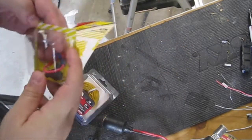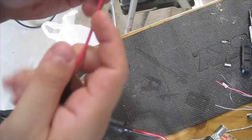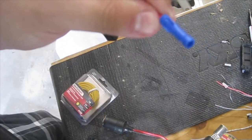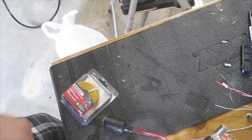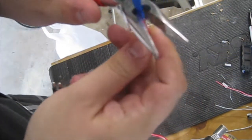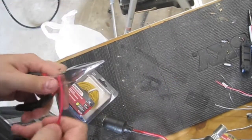Alrighty, so you simply open up the package, obviously, and to get a good connection, it does come with a clamp type thing. I don't really recommend using that. I think you get a better connection when you solder the cable. So simply clip off the cable, strip it,